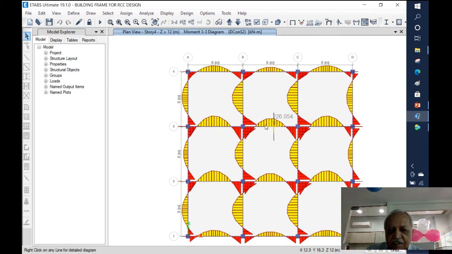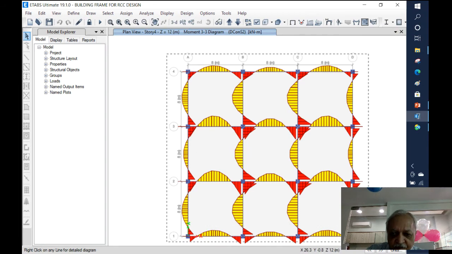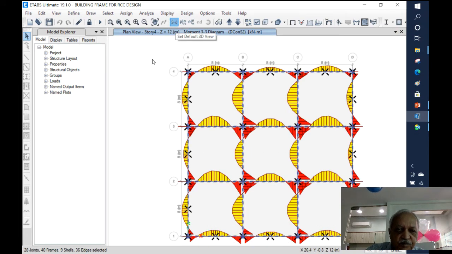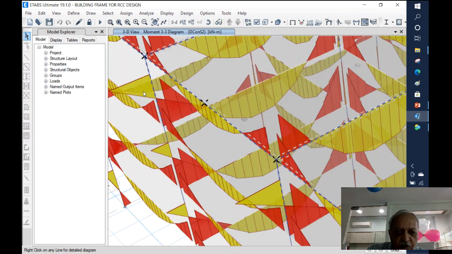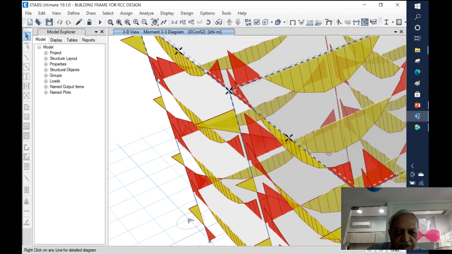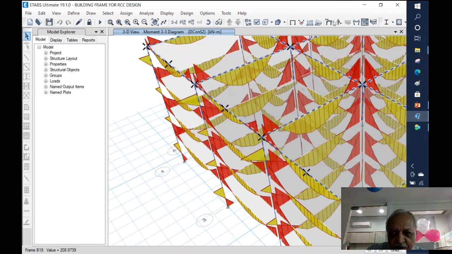Now we can see that we have got the bending moment diagram for the given structure, for various components. These beams are developing so much positive moment, and near the support you have got the negative moments, and so on. So our analysis results in all these internal forces in the different members. If you see the columns, for example, in the columns you can see that you have got the individual forces developed. Okay.